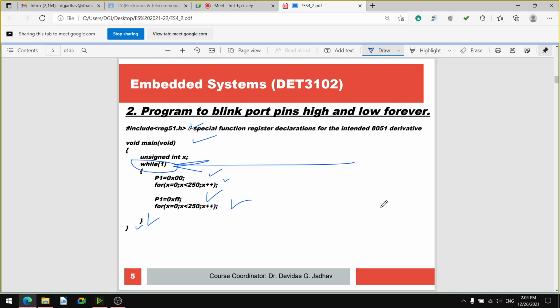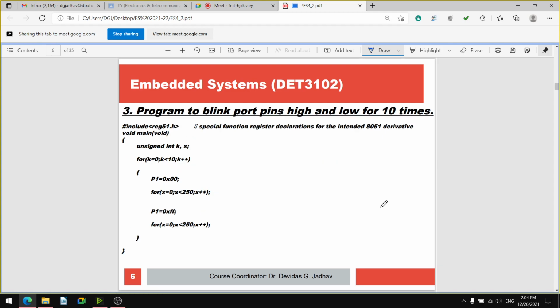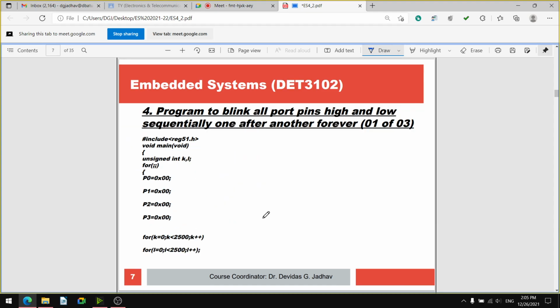So the while we will check. Declaring two variables we have not seen, but declaring variables we have seen. This for loop is only for 10 times. This executes only 10 times, and this we have not seen. The forever loop we have executed today in Keil Vision. So 10 times execution we will check. The other things we have already checked in the Microvision simulation.